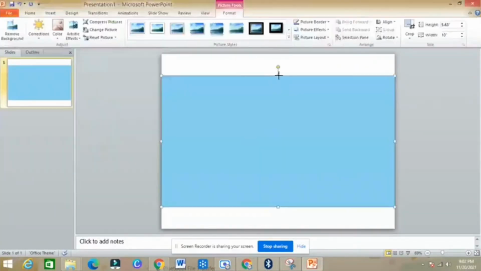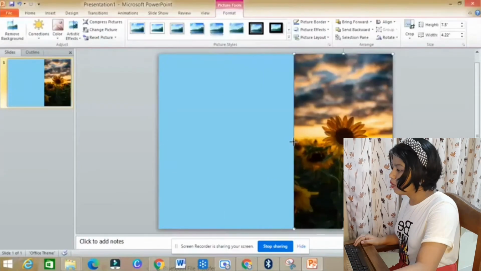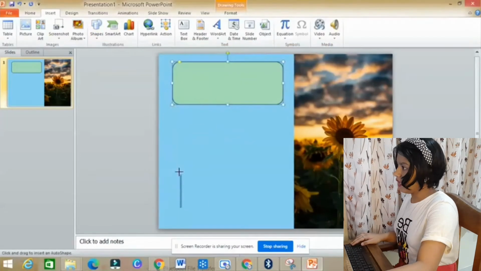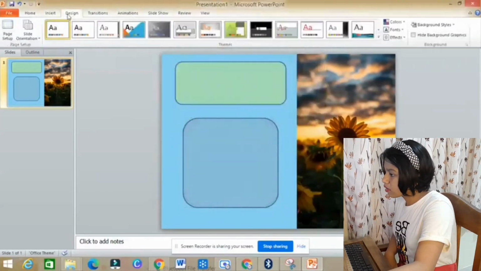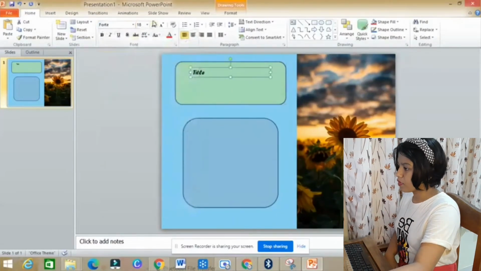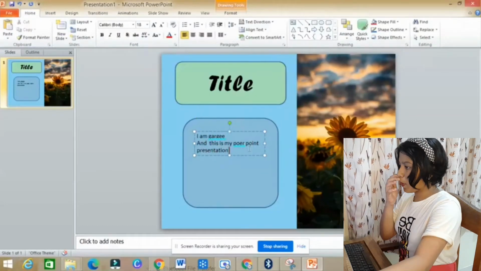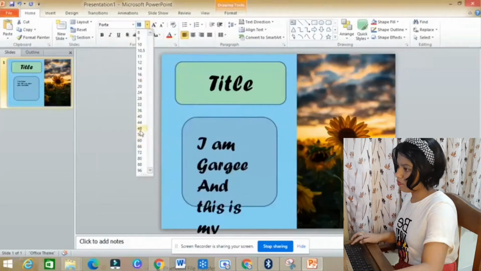Now we are on to our last hack, which is the fourth hack. A very pretty and cute hack, I might say. Again, you have to go to your PowerPoint presentation. For the fourth hack, you also have to choose a background image, and then choose one more background image. It should be kind of authentic, and you put it at the corner. Then take a shape and set its transparency as you need. Then you can put your title, and in the square box at the bottom you can put a description about your presentation. It's very simple, you can do it. Here it goes. It looks cute and authentic.